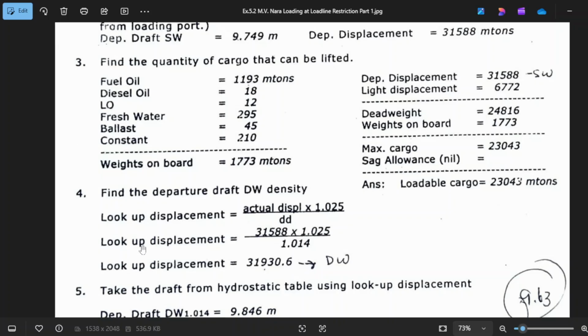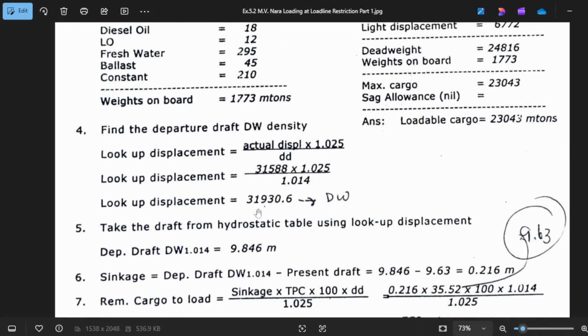So transposing, the actual displacement is 31588 times the constant of 1.025 over your local density 1.014. And the displacement in dock water density will be 31930.6.